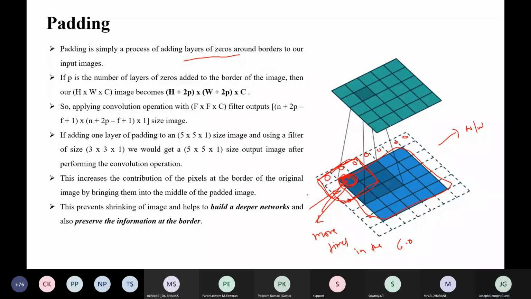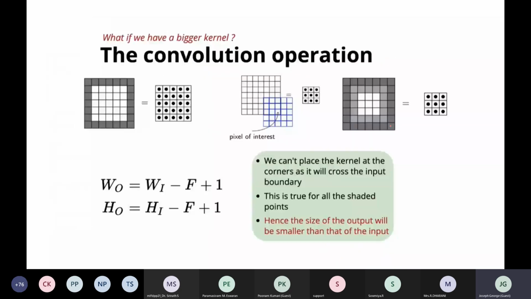See here, this is our original image. We are adding zeros, which means we are adding padding to this image. This 5x5 original image will now become 7x7.